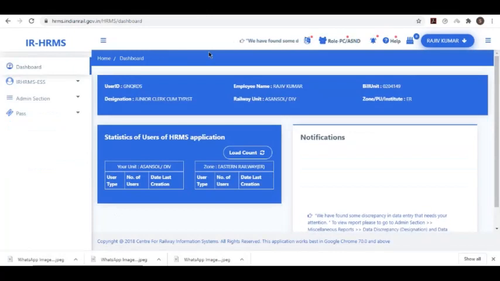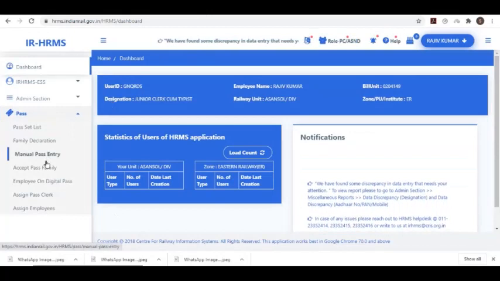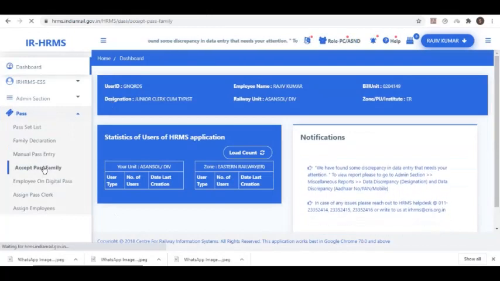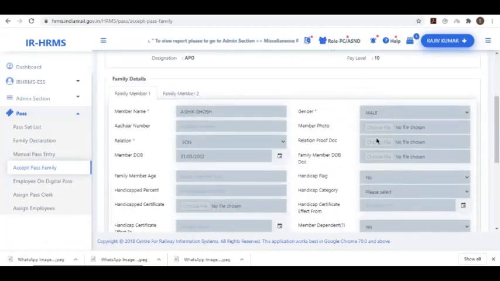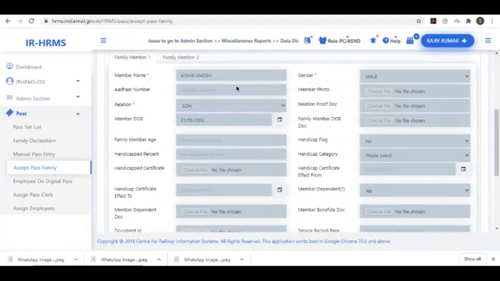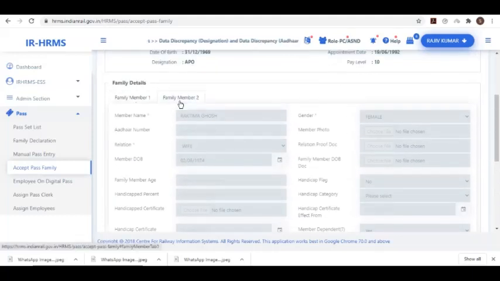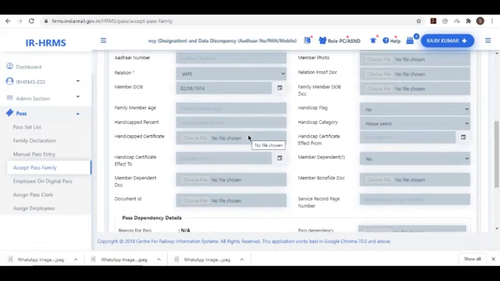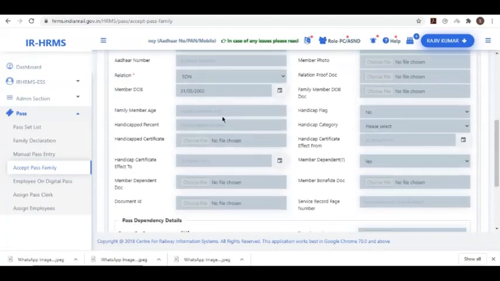Now, from the account of the pass clerk, he needs to click over here and then click on accept pass family. He needs to type the HRMS ID of the employee and click on go. The family member's name, relation, date of birth of family member number 1 and family member number 2 appears over here. The pass clerk will verify the details from his record, from his registry he has been maintaining,